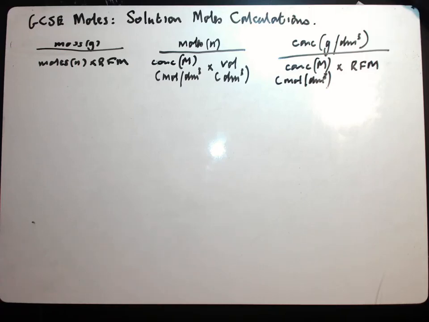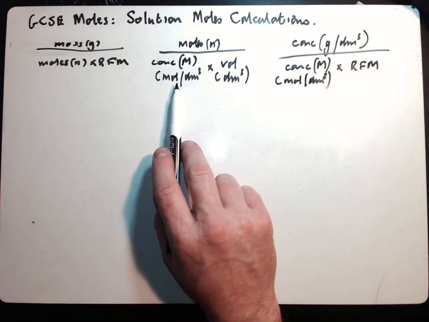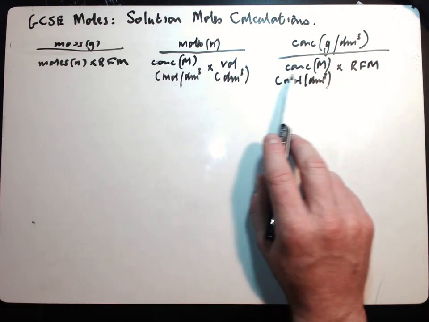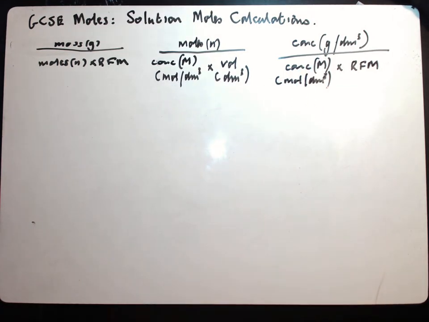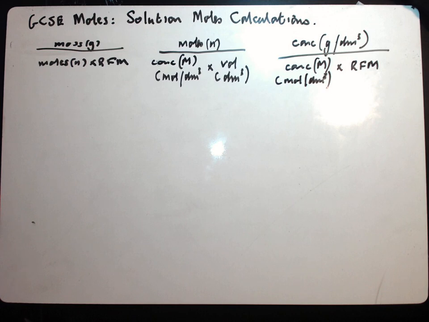Okay, so hopefully you've had a look at the previous video which allowed us to manipulate between RFM, concentration in moles per decimeter cubed, and concentration in grams per decimeter cubed. So if you have a look at that and you were able to manipulate between these three equations that I have on the board now and do some of those problems, and you've checked those and you're getting those correct,